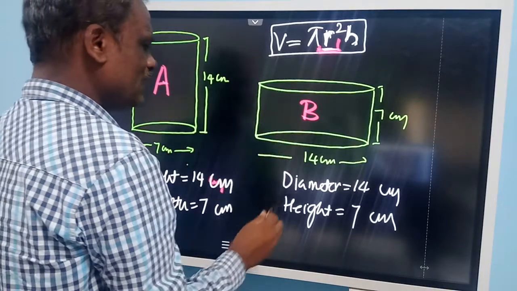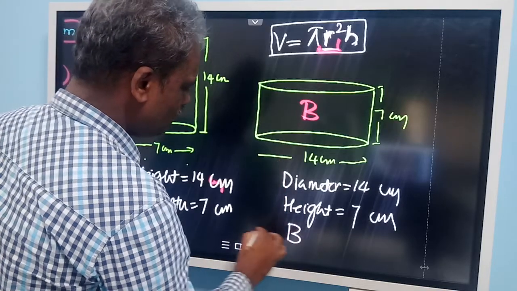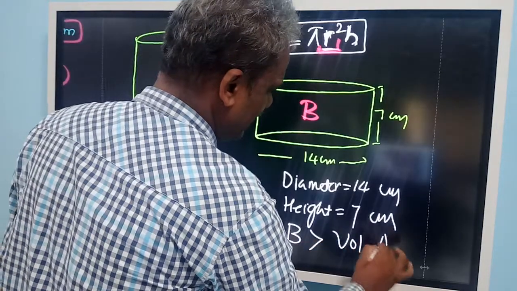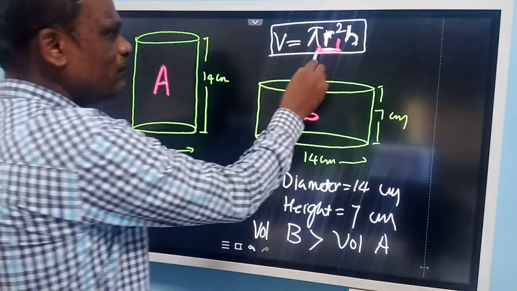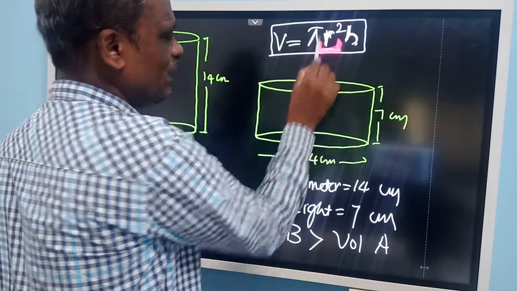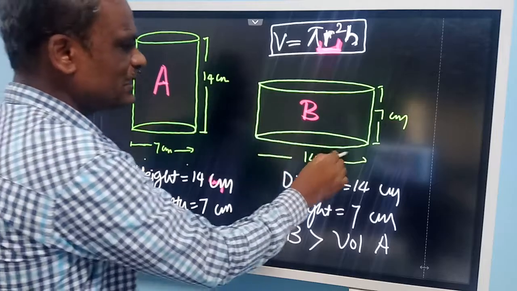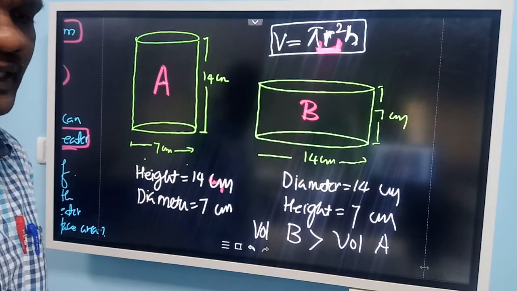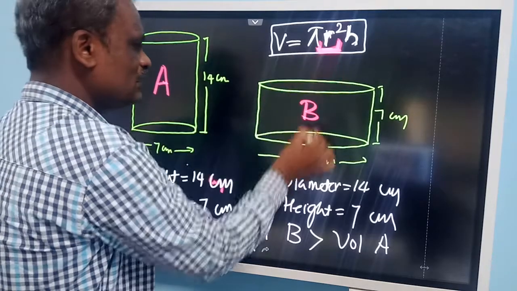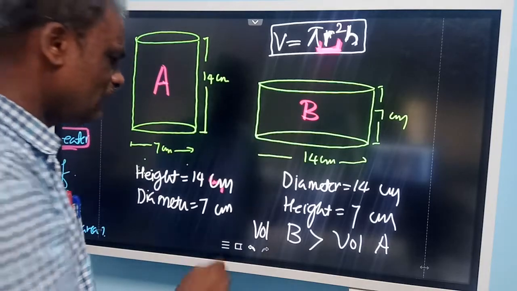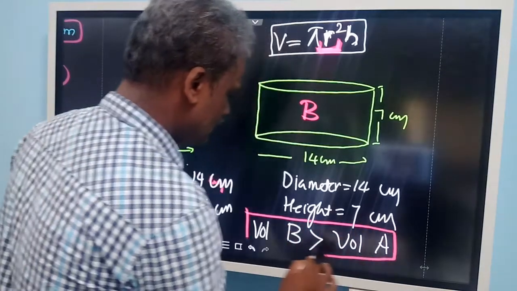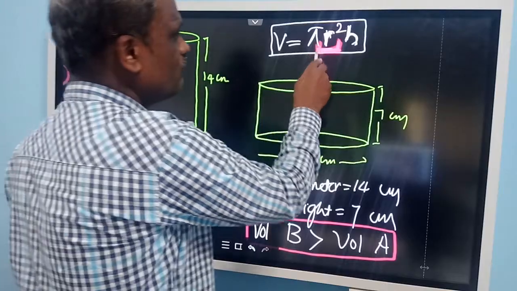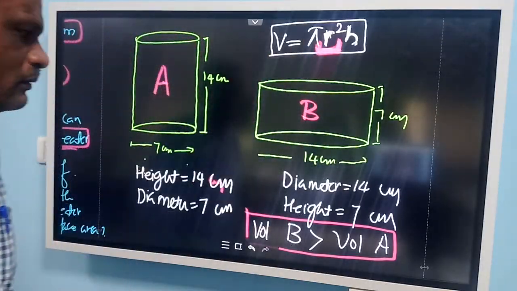So let us assume that the volume of B is greater than the volume of A. This is our analysis now. Why? Because in the formula we have r square. We are squaring, so since the radius is larger, the square will make it again double. R into r will be there, so 2 times we are multiplying. Therefore, the second one will have more volume. And we have to verify. We are given an idea that the volume of B is greater than the volume of A by seeing the value of r square in the formula. So now let us see.